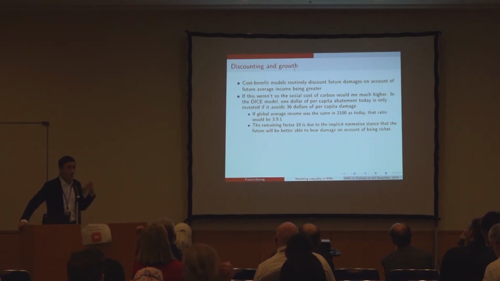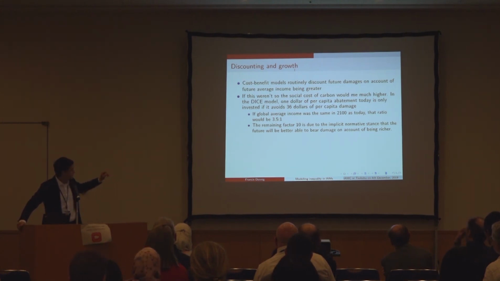So the amount of discounting that we do purely on account of pure time preference, as we call it, in the DICE model, according to Bill Nordhaus's chosen parameters, would be discounting a century down the line by only 3.5 to 1. That's not such a big factor. So the remaining factor of 10 to get to $36 to 1 is on account of the normative stance that since the future will be richer, there'll be